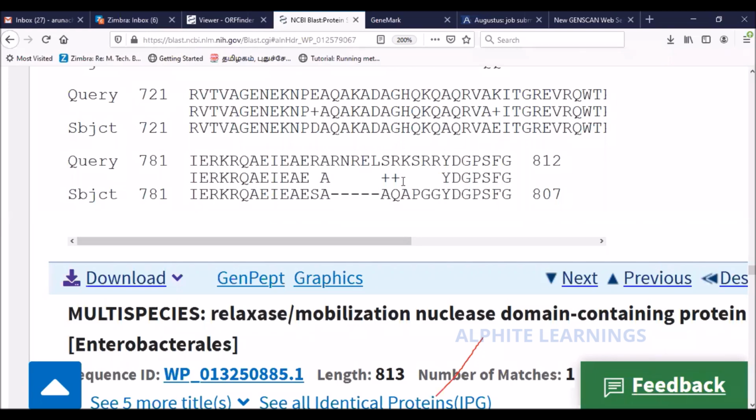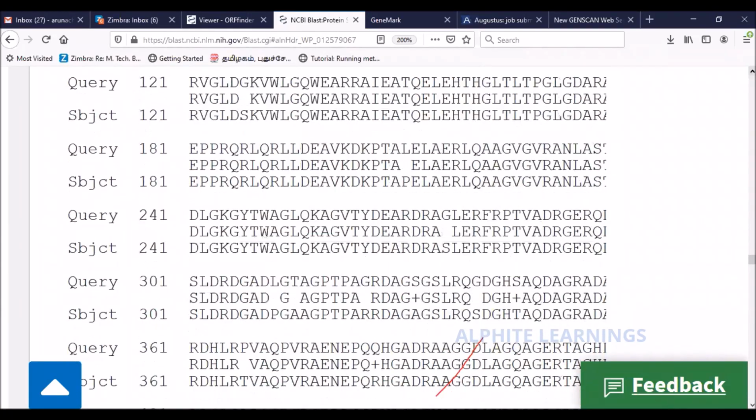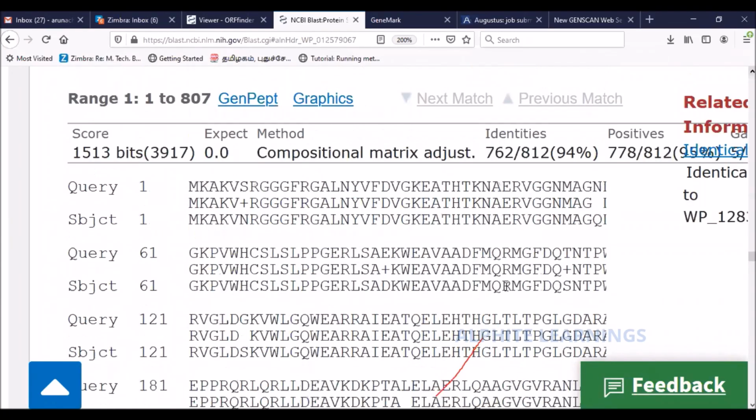So that is reflected here. Now, why am I saying this? Why am I taking this as an example? You see, the example that I gave here is something that is already known, so you'll get a 100% match. There is nothing exciting in that. If you have a new sequence, you would get something like this only.